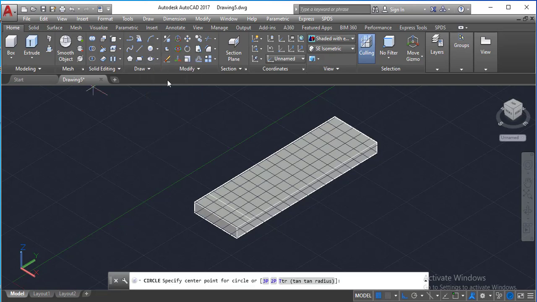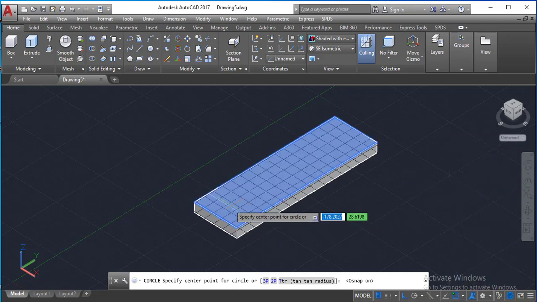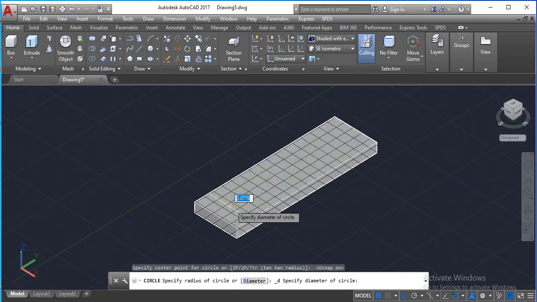But as you see, because you're supposed to put it at the midpoint, you have to make sure that we activate the object snap. So we're interested in the midpoint. I think also the endpoints must be activated. So we come here, I think you can see now. So our diameter, I've already said 20,